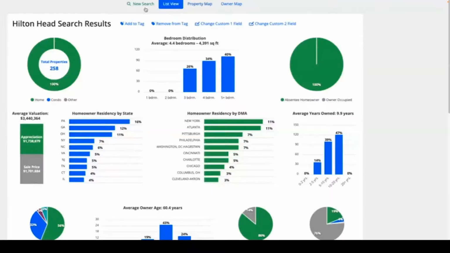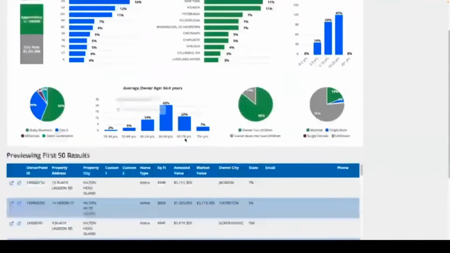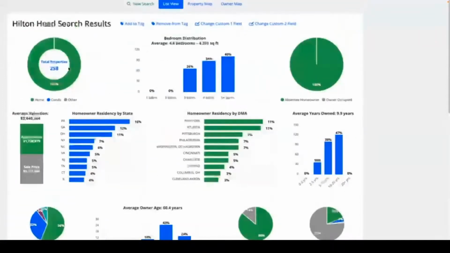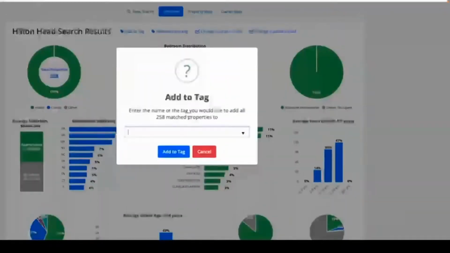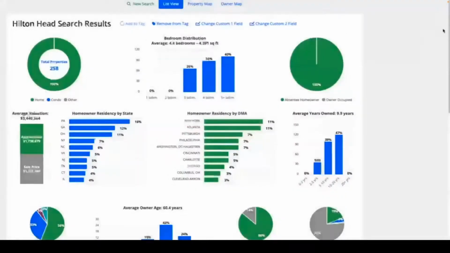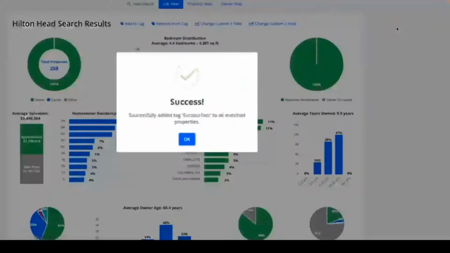Now, if you want to have access to see the data and download the data, there are 258 records. We'd add this to a tag and we'll call this Escapia test. We just add them to a tag. So there they are. They've been added to a tag. And if you want to get the email addresses and phone numbers of these homeowners,